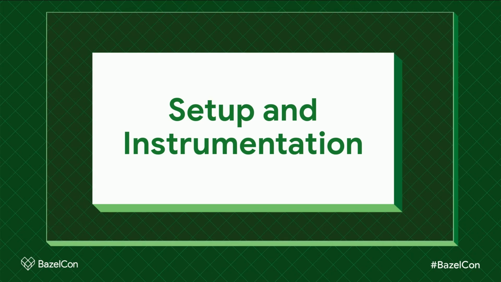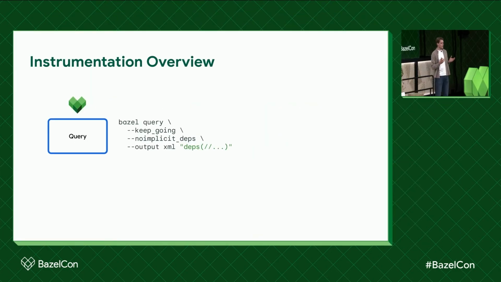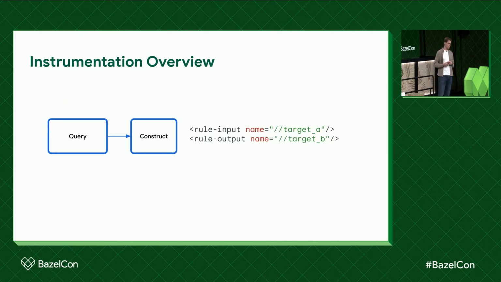Now, let's briefly touch upon the instrumentation setup and how we are collecting this and surfacing it. So we set up the instrumentation process into a handful of sequential steps. Internally, we have it packaged as a CLI tool that we run locally and in CI. We start by simply running a Bazel query, dumping the entire graph into the XML format. We then traverse all of the rule inputs and outputs tags in the XML to construct the complete graph.